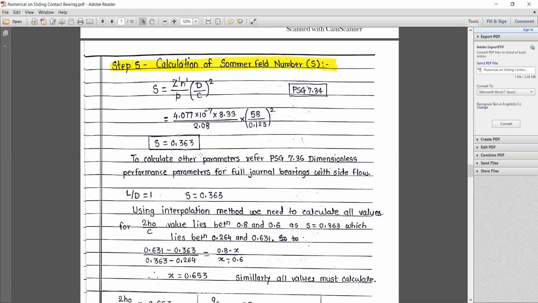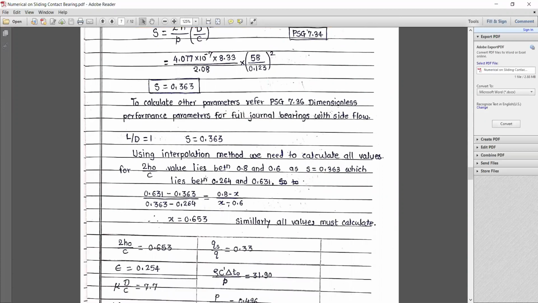S is equal to Z dash N dash divided by bearing pressure P, D by C bracket square. So putting all the values, the value of S is equal to 0.363. Now we need to refer to page number 7.36